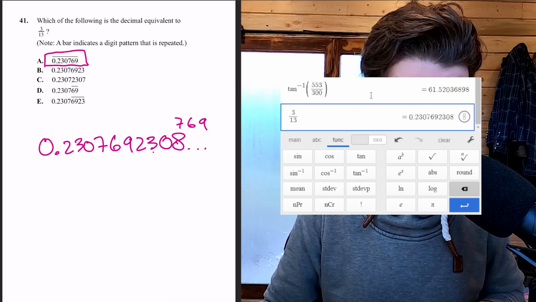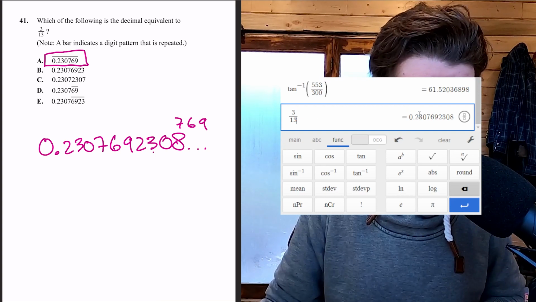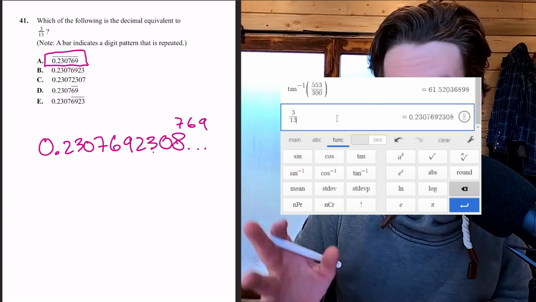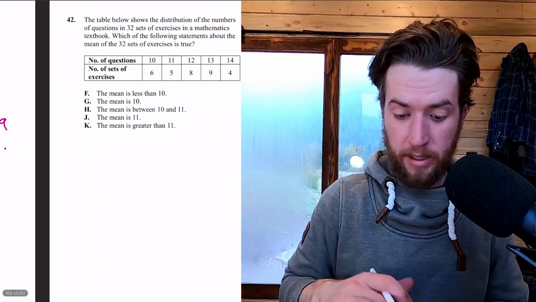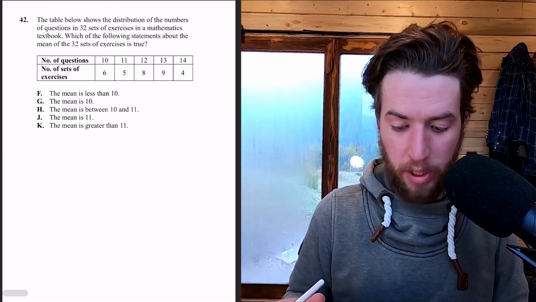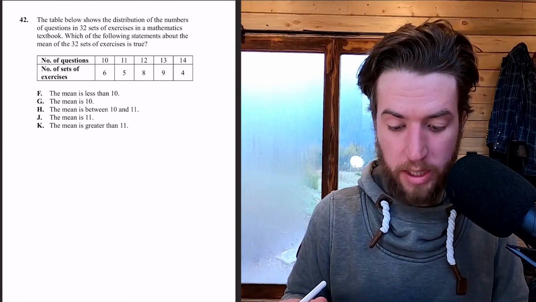It's divided by 13. It should be irrational, I think. Let's just move on. We might get this one wrong too. Calculator gonzo. I'm not going to long divide. On to the next. All right, the table below shows the distribution of the numbers of questions in 32 sets